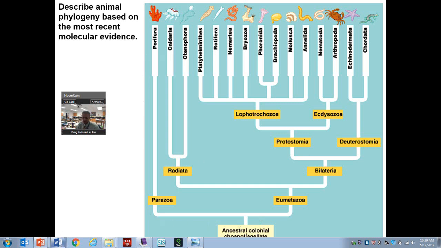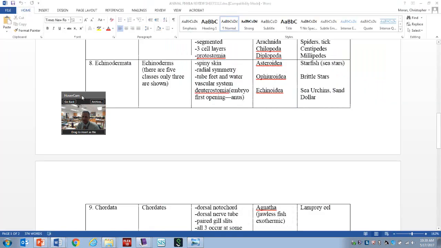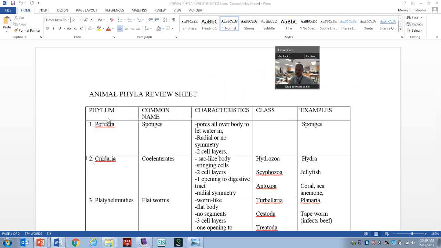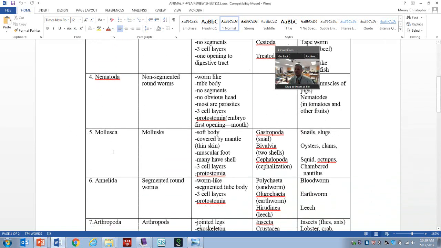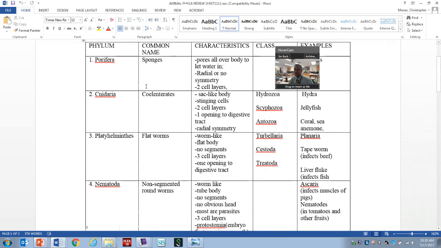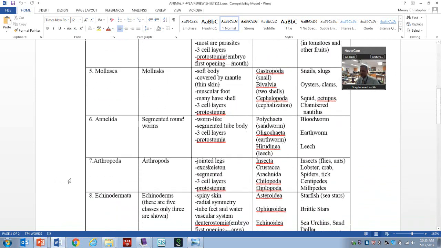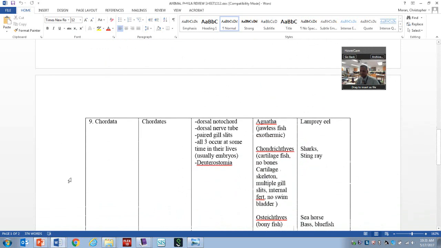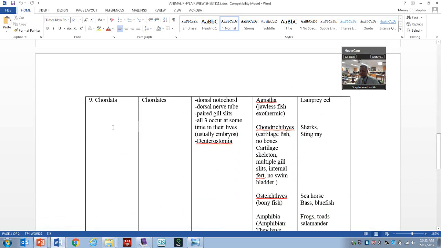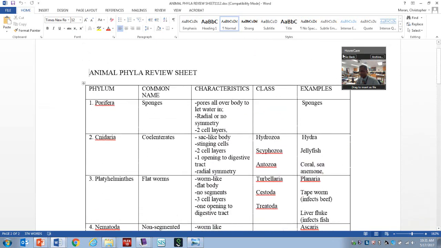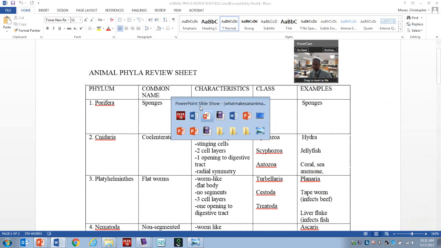Now, this reminds me of something I want to show you. My students are going to have this handout that I call the bread and butter. This is your go-to handout. It has, on the front, 8 invertebrate phylums with common name, characteristics. I'm missing the class names for all of them except for Porifera and the nematodes. All right, and then the back one is the chordates, and there are 7 classes of vertebrates. So we do a little comparison between vertebrate and invertebrate with a couple of labs. And go back to the PowerPoint.